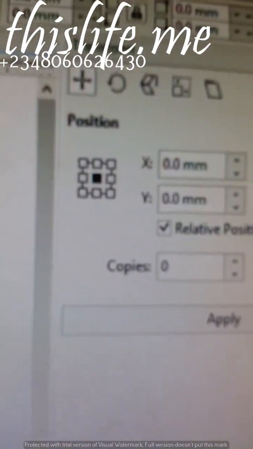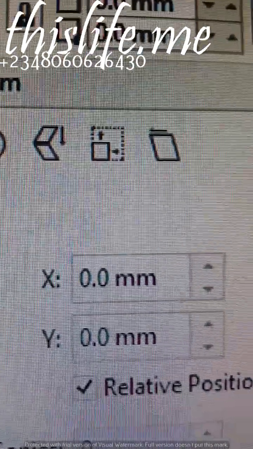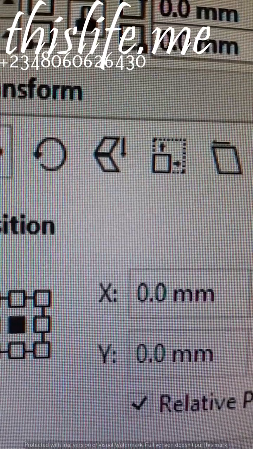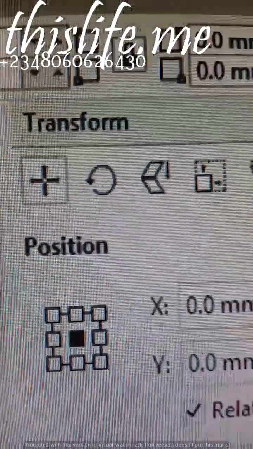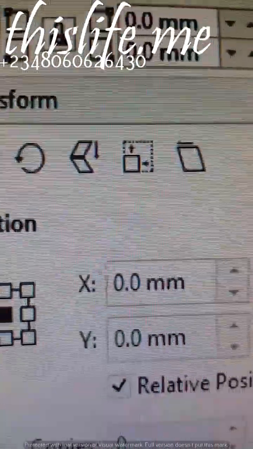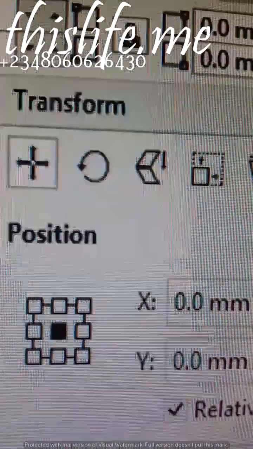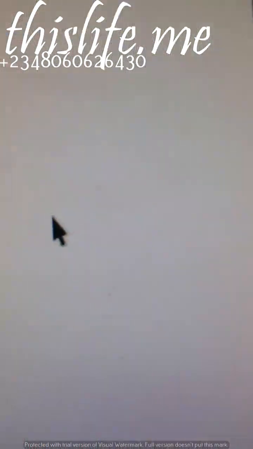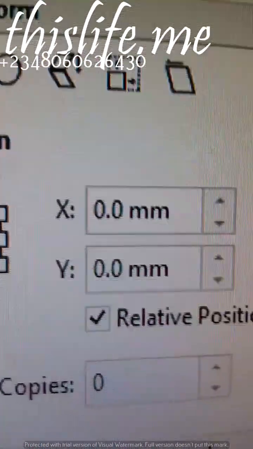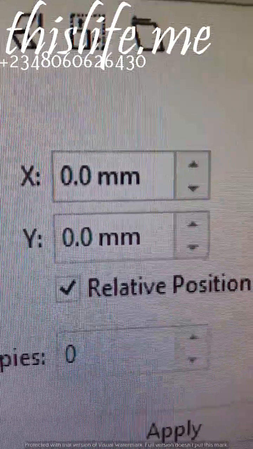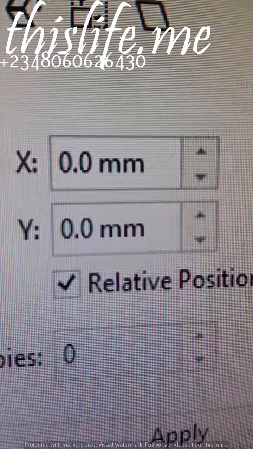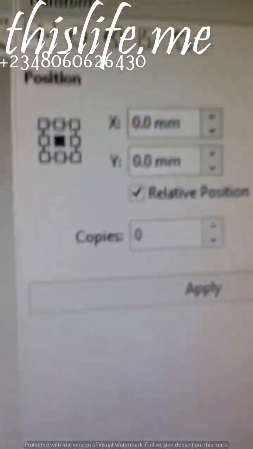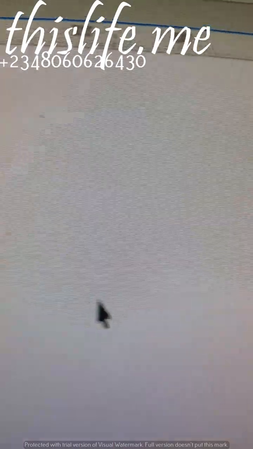What this means is that if we want this shape to duplicate to the left or to the right hand side, we indicate it through this X axis, which is the row part of it, left to right. Use minus to go to the left and plus to the right hand side. On the other hand, if we want the shape to move up and down, we use this Y column to do the setting, using minus for it to go down and plus for it to go up. You will understand once we start practically.